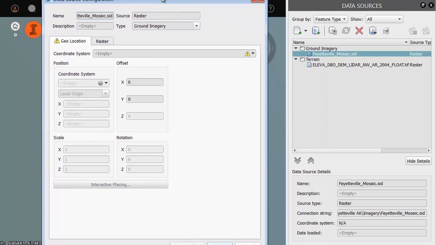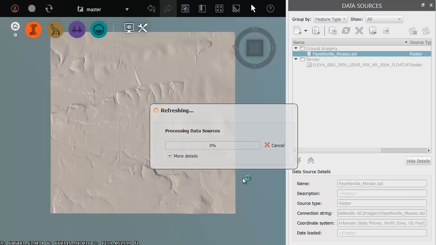We'll make this a little easier to see. InfraWorks recognizes this is ground imagery. The coordinate system was not in this file, so I'm going to choose the coordinate system that I exported that data to. It happens to be Arkansas NAD 83 North Foot. Let me choose Close and Refresh. Same as before, InfraWorks is now incorporating this MrSID image into the SQLite database, and in just a moment we will see the aerial photography mapped on top